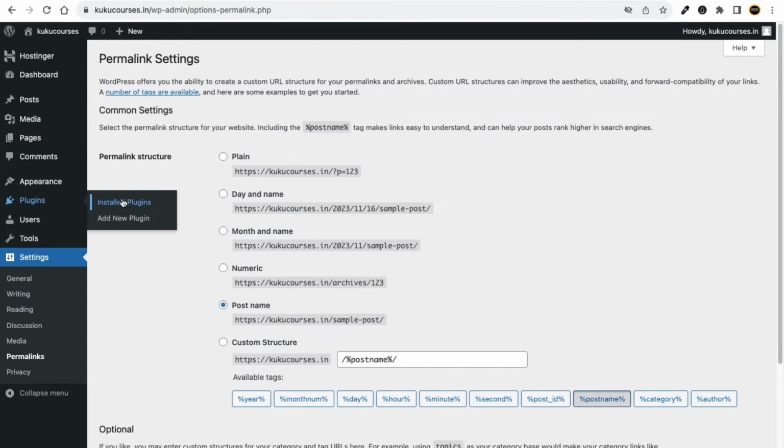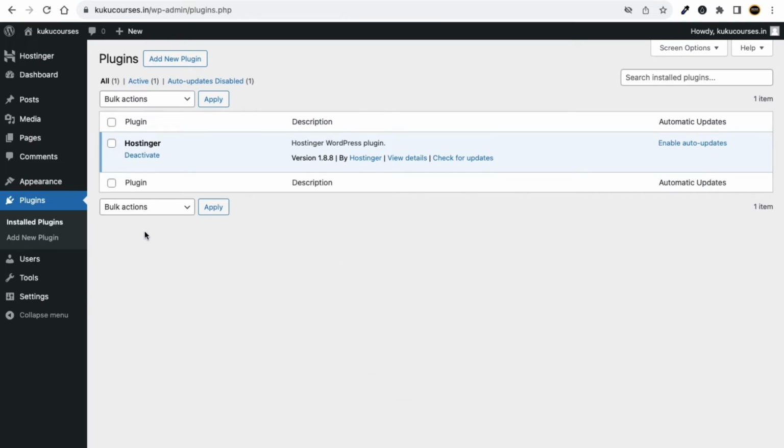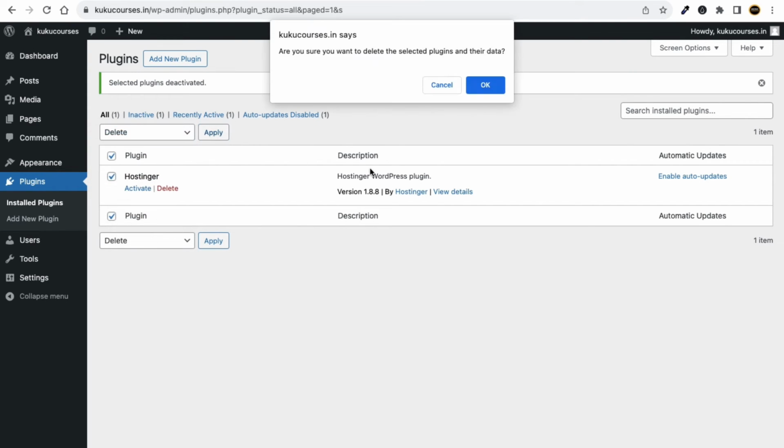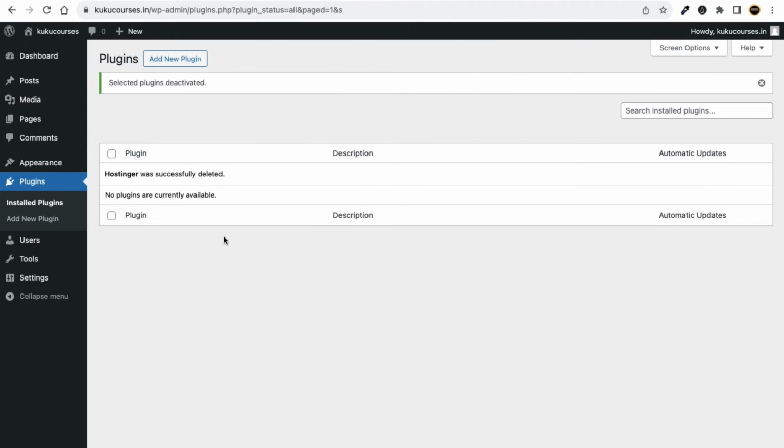So you can just go to plugins, click on installed plugins, by the way, and right now you can see only one plugin is here. You can of course tick mark it, and from the bulk action you can just deactivate it. We do not want it. Click on apply, and let's delete it. Again, select this and click on delete option, apply it and delete it. Awesome. Now just go to your dashboard,